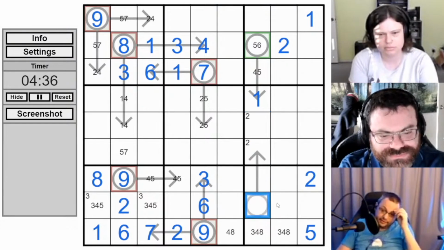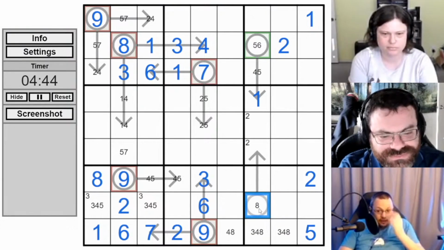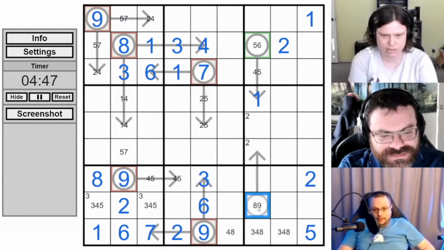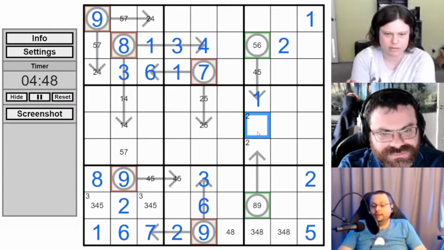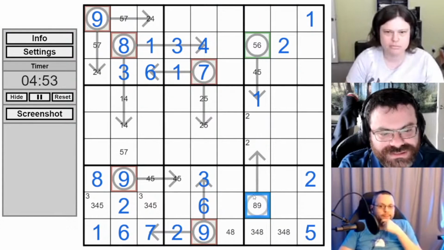Okay, so this is indexing the location of the 8. This 8 is telling us where the 8 is going in the column. And so it could be an 8 itself. It could be a 9. It can't be a 7. One of those cells we know is an 8. It certainly can't be 1, because we can't put a 1 in the arrow. And could it be a 5?